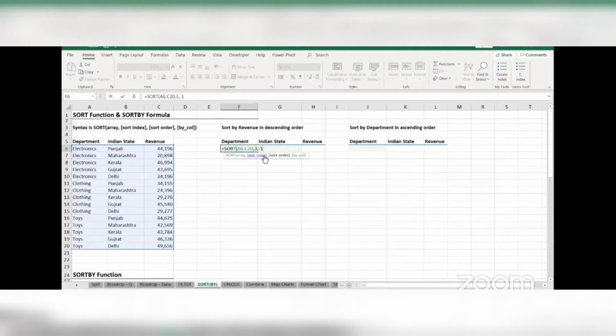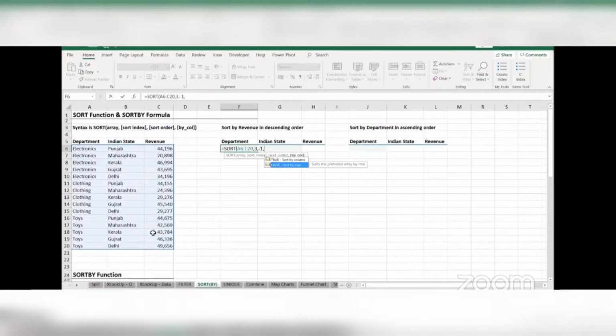All right. If you wanted to do it by ascending, there was no real requirement to enter this because the default is also ascending. So if you don't enter, that is also fine. But here, because we are having descending, I have specifically entered that. All right, comma. And the last one is by column. Now, by column is basically Excel asking you, is your data vertical or is your data horizontal? Here you have two options, true or false. The default setting is false, which means that your data is vertical. Here we have vertical data, right?